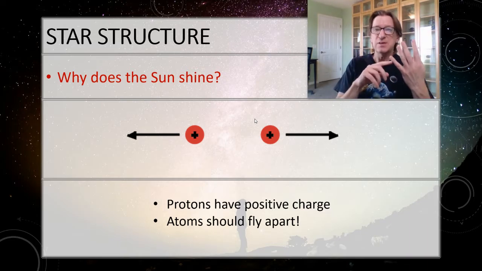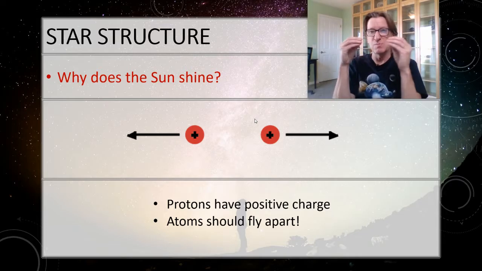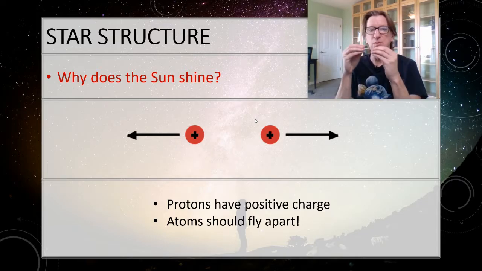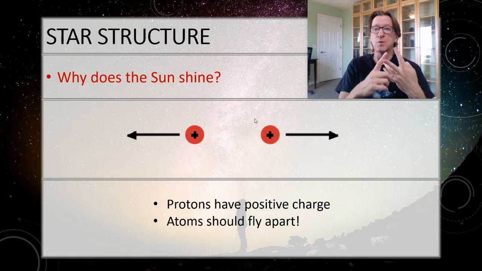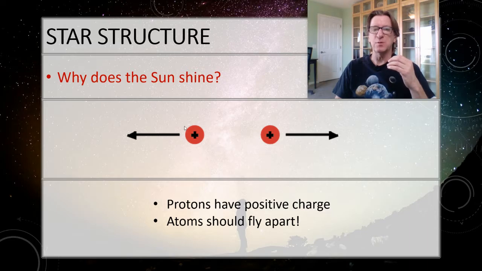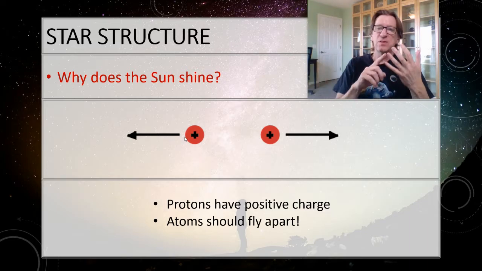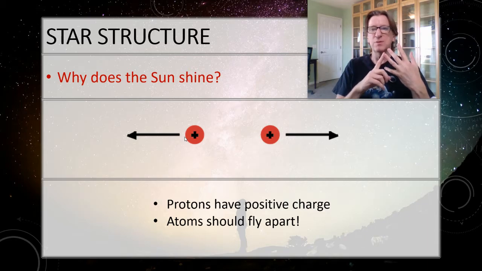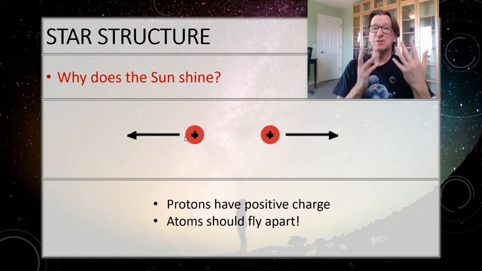There are four basic forces. We've talked about the electromagnetic force, those are magnets that are repelling or attracting. Then gravity, of course, is going to cause things to come together, but gravity is very, very weak. It isn't strong enough to overcome the electromagnetic force that's pushing these things apart. Then one of the other forces we're going to talk about is the strongest force in the universe. It is stronger than any of the other forces, and it's called the strong force. Physicists need to get out a little bit more. They're not terribly creative in their naming, but it's called the strong force.